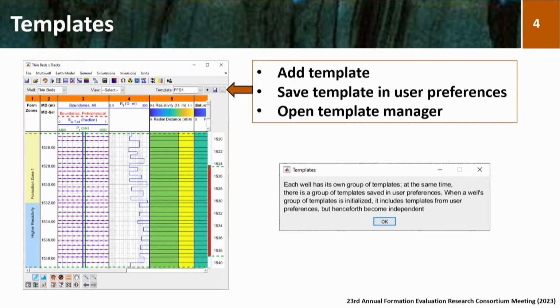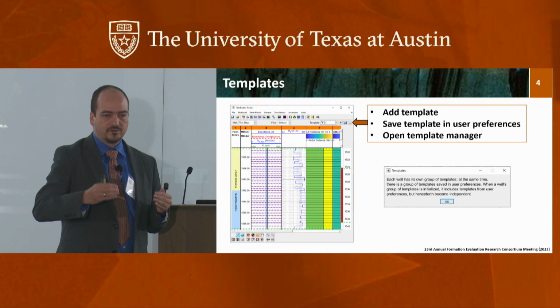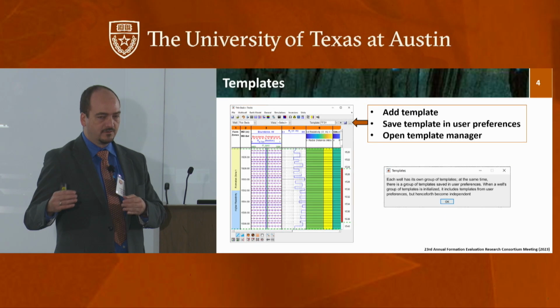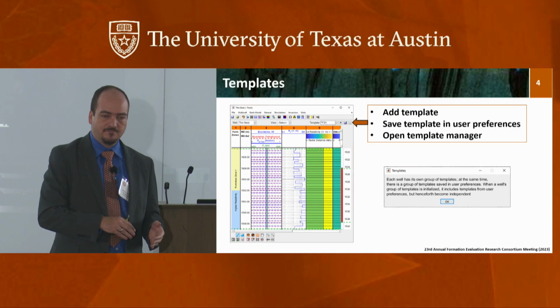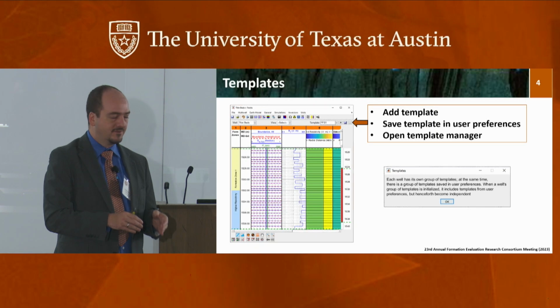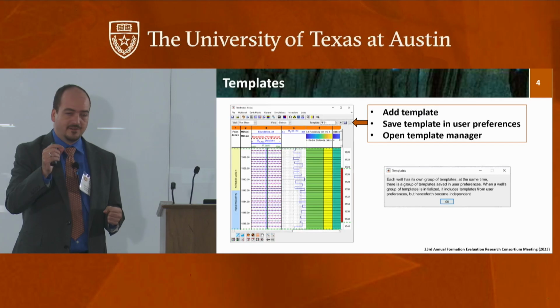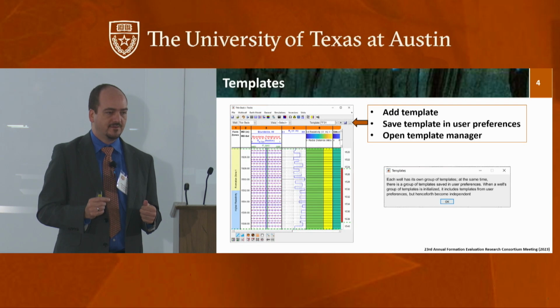So you have 2 sets. And anytime you have a new well, it's always going to have all the templates from the user settings. And at the same time, you can save them there. If you modify something and you want to save it there, that's OK. But once you have it in the well, that's going to be independent from the one saved in the user